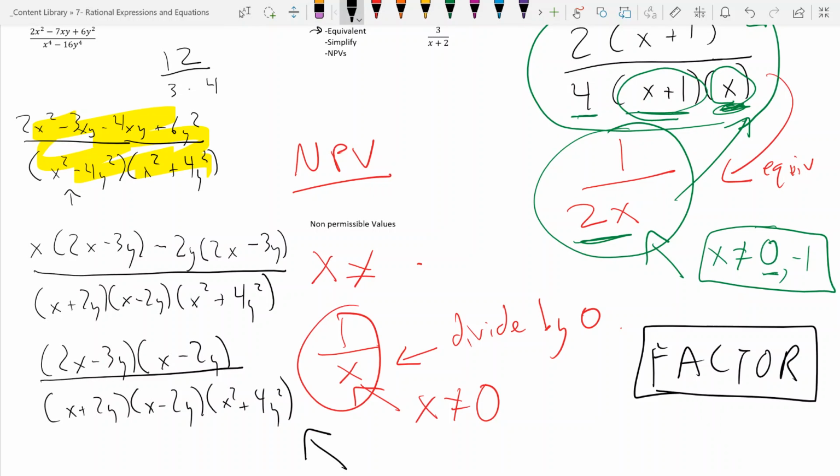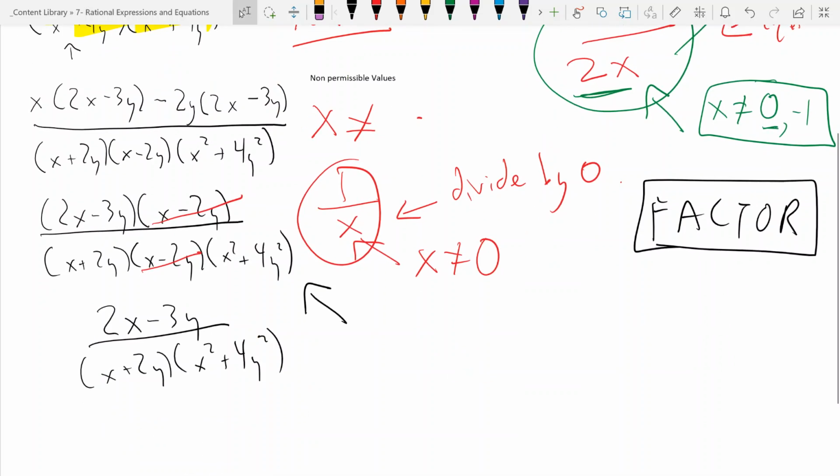All right, I've factored it all. Now what I need to do is see what's common between the numerator and the denominator. So if I look right here, x minus 2y and x minus 2y, I can divide those out and they're just gone. It looks like that's the only thing I can divide. So my final answer would just be 2x minus 3y over x plus 2y, x squared plus 4y squared. So now we want to write out,